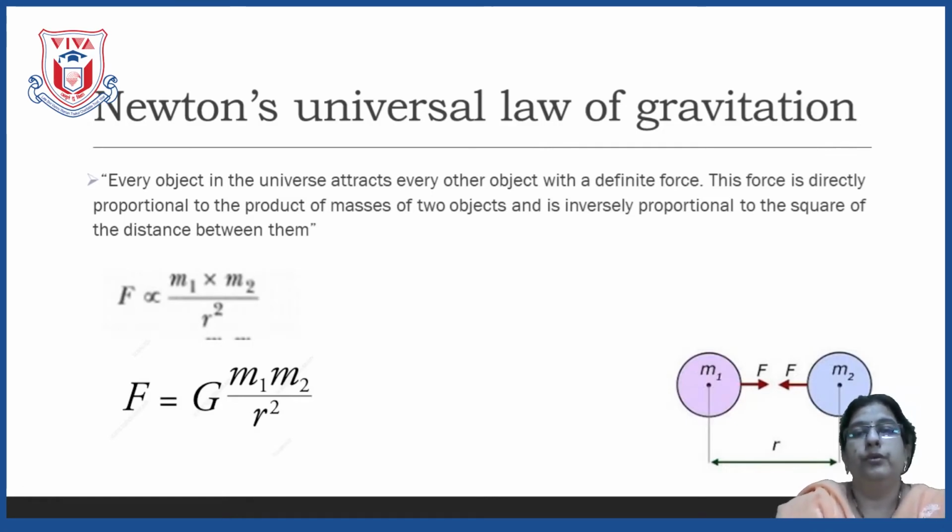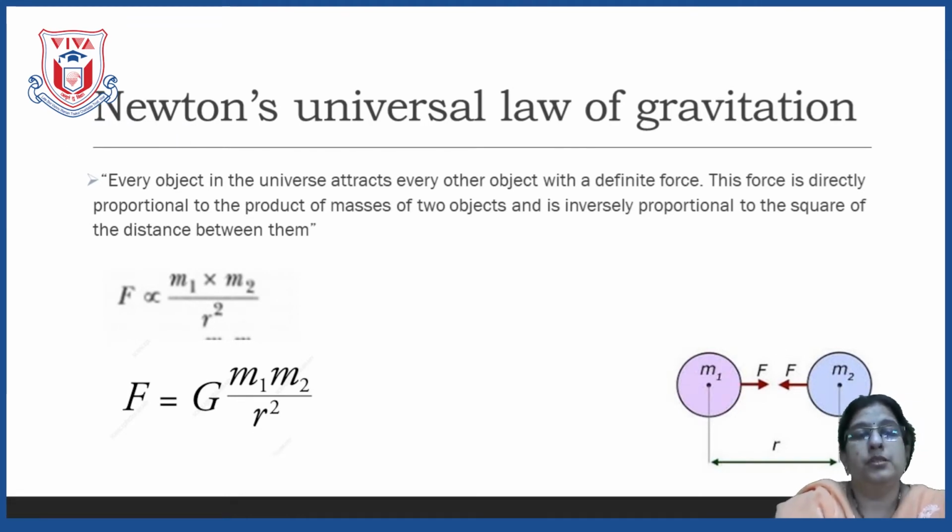Let's go to the next concept. The next concept that we are going to learn is Newton's universal law of gravitation. Previously we learnt everything about Kepler and his 3 laws. Now we are going to learn about Newton. Which law did he make? What does his law explain? That is everything we are going to learn. But after Kepler, what did Newton start learning? That we are going to see.